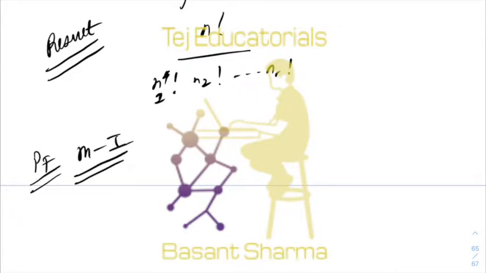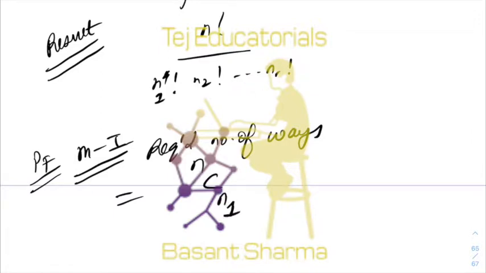One method is, since I said that the only thing that's important is selection, not the ordering, the required number of ways is nothing but: for the first group you can select n1 elements in nCn1 ways. Then after that you have n minus n1 elements left. From that you have to choose n2 elements which you want to put into group 2, and then you have n minus n1 minus n2 elements left, from which you have to choose n3 elements, and so on.